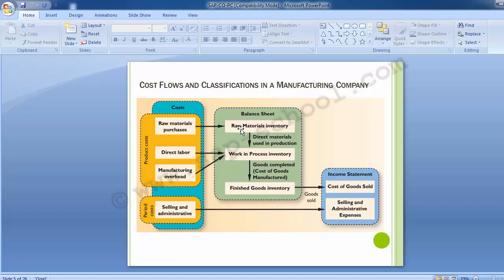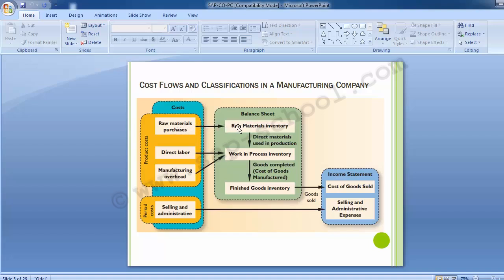When raw materials are used in production, their costs are transferred to the work in progress inventory account as a direct material. So you can see over here the arrow,